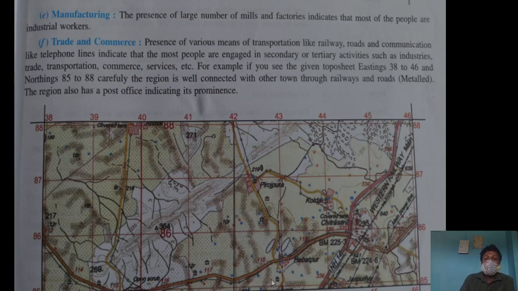Okay. So, and communication written here. Main power lines is here. Telephone lines. Like that structure, like that thing, if you find in the topographical sheet, definitely it means the trade, transportation, commerce, service. This is the place of trade and commerce. You have to find it. 30 to 38 to 46, this is the map area, and 85 to 88, this is all about the trade